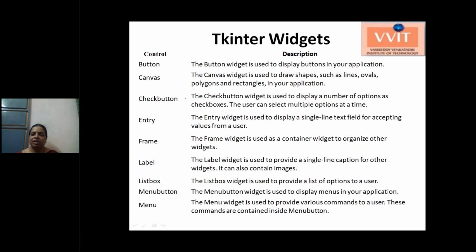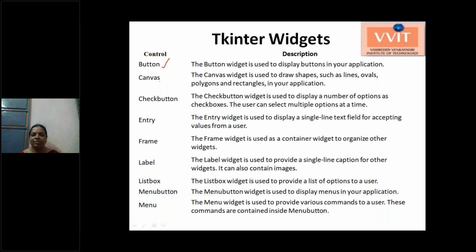Okay, next we'll see the list of the widgets that are available to work with GUI programming. Button, this is to display the button control and we can accept the required action from the button. Whenever a button is clicked, then we can perform some action like accepting the information, cancelling of information, or performing any calculations. Those all we can do with the button control.